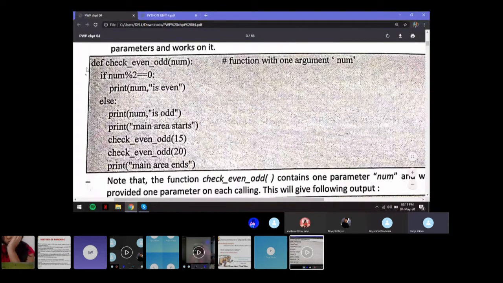So that completes your function right there. Now you have to be very careful. If you see, over here the indentations are wrong in the book.